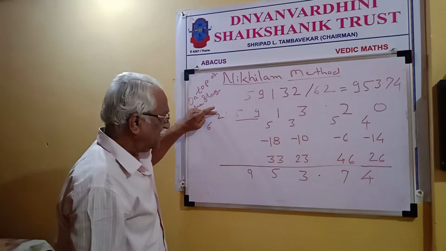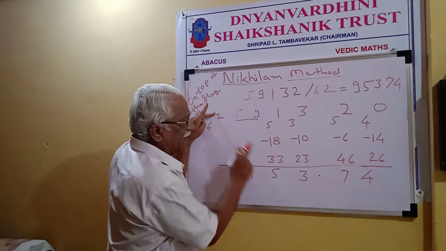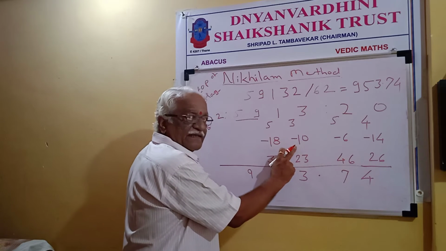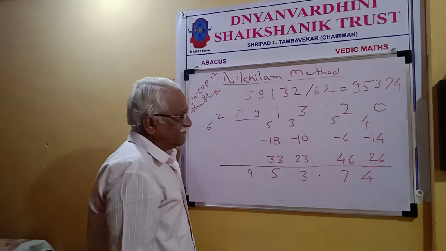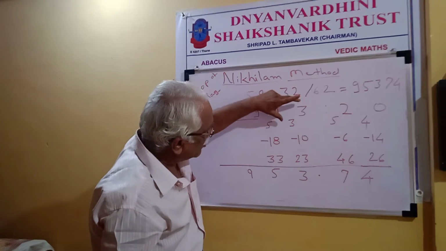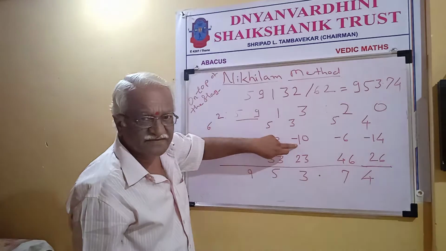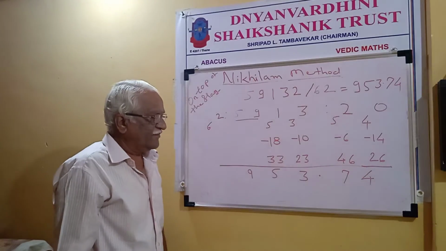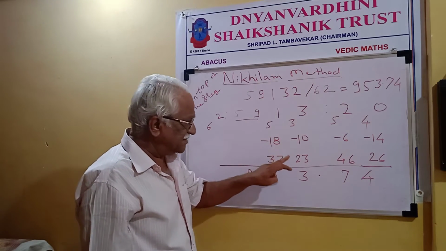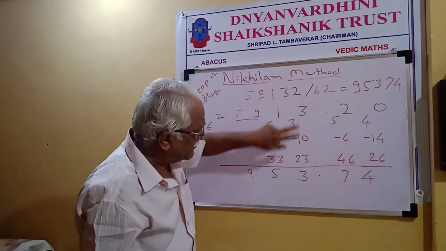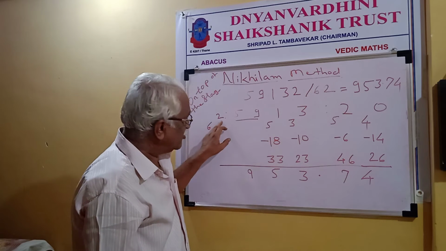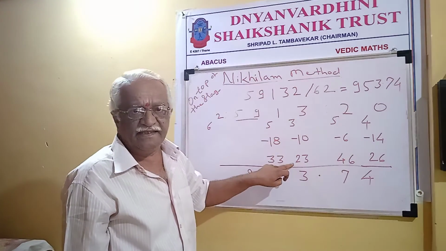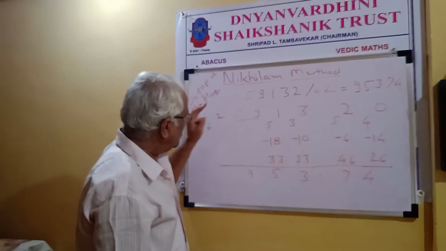Now next step of the multiplication, that is multiplier 2 into quotient 5. 5 into 2 we have written here as minus 10. Right? Now this gross dividend minus this, that is 23, is a net dividend. Cleared here? Just see, gross dividend minus quotient into multiplier, that is 10, comes to be 23 as a net dividend. Now again we have to use the divisor.